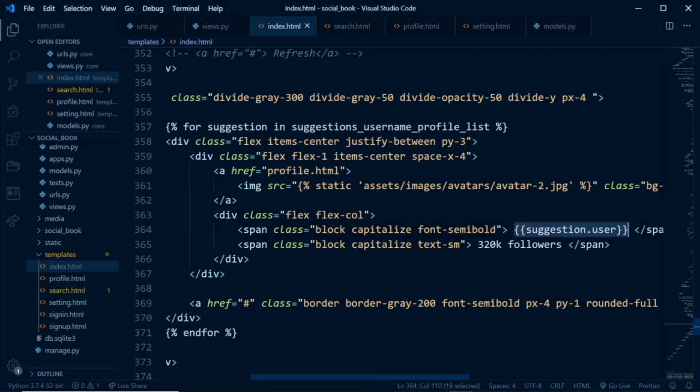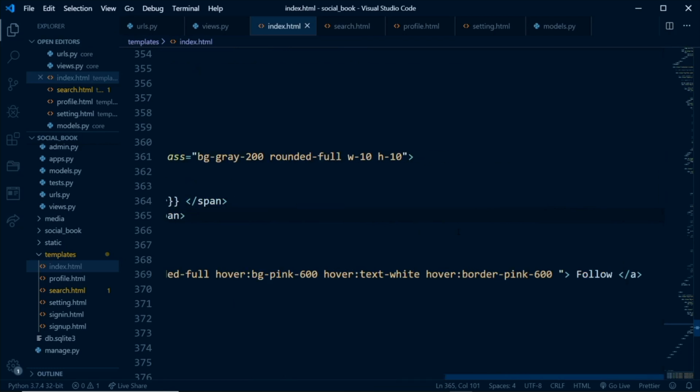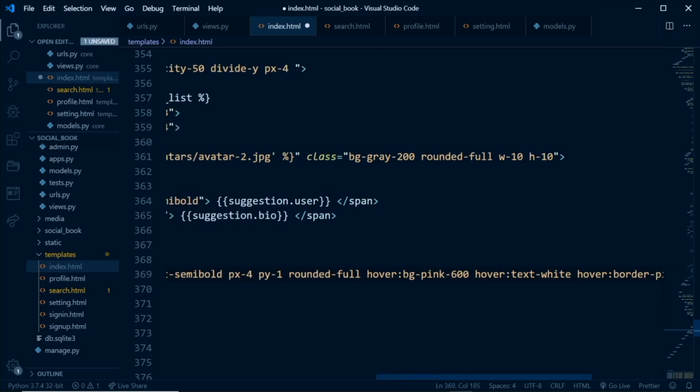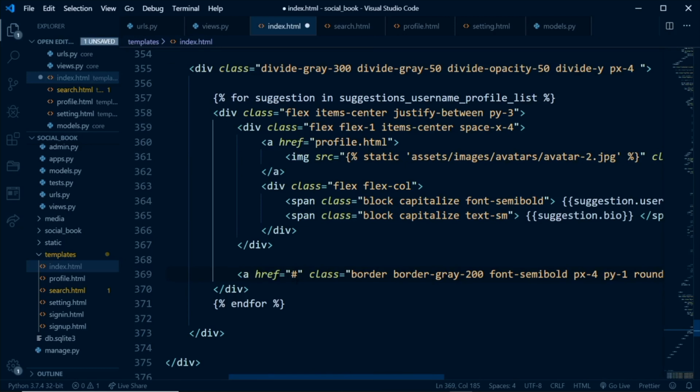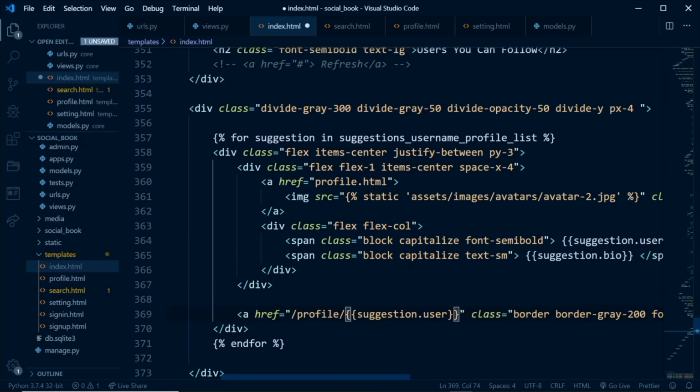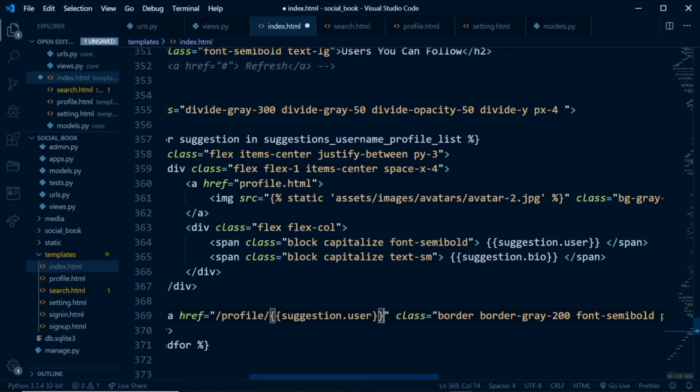So right here in suggestion.user, let's change this to suggestion.bio, and also where we have this follow, we want it to be view user, so to take them to the profile page of the user, and then once it takes them there, they can follow the user right there. Right here now we can just say /profile/suggestion.user,